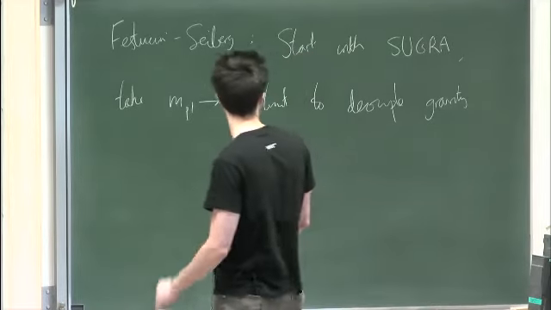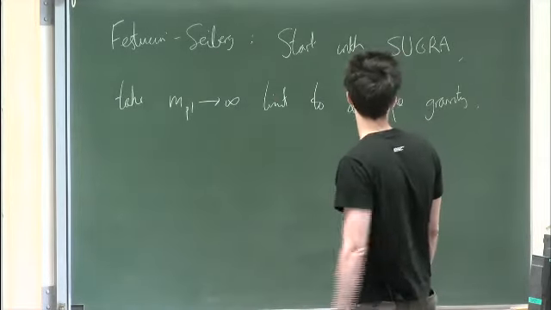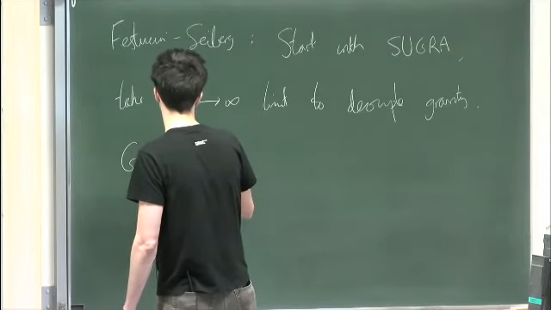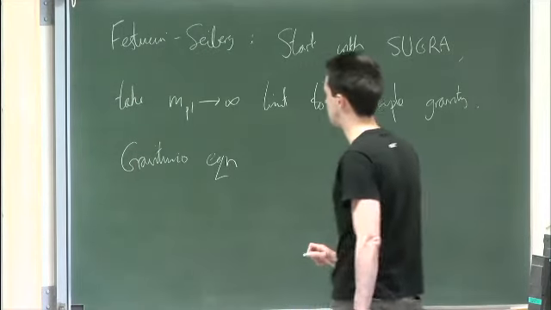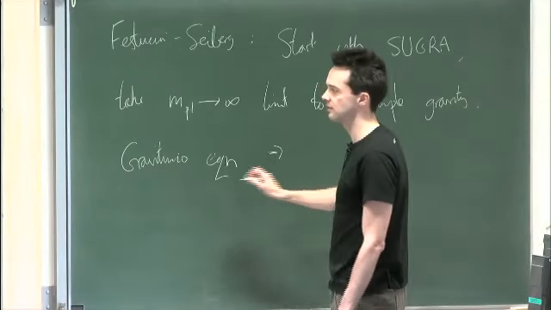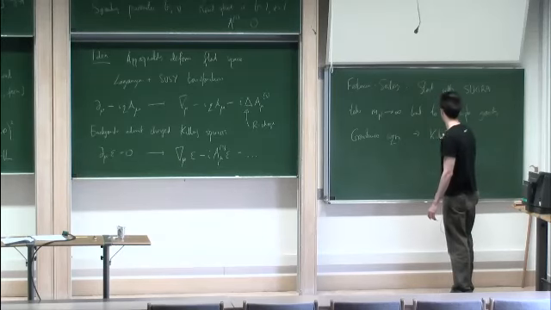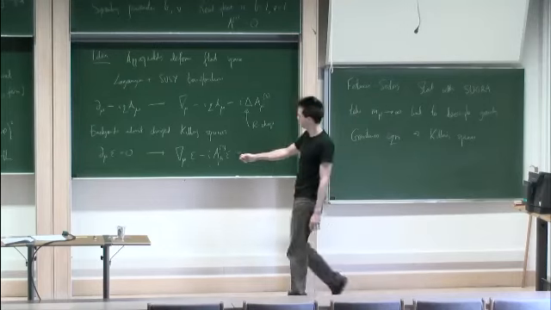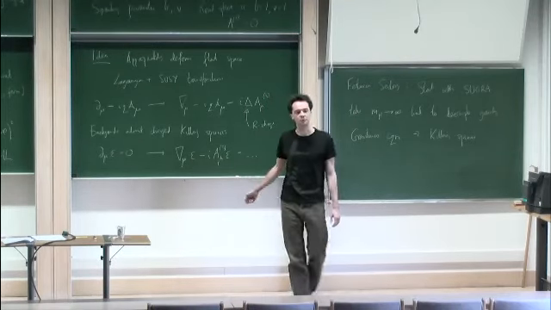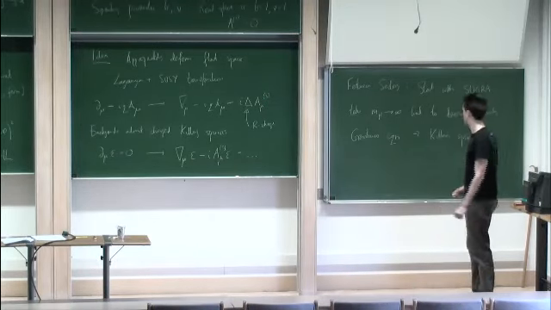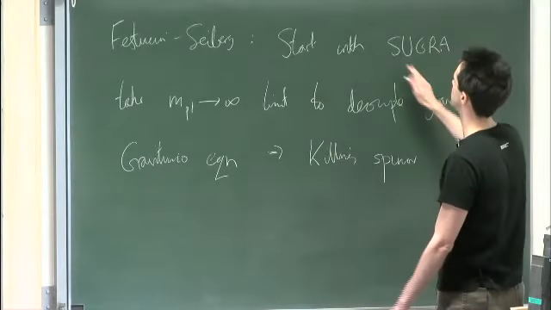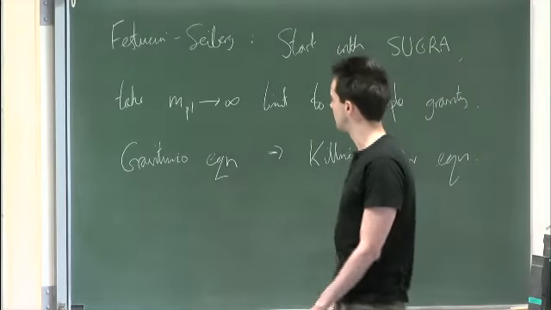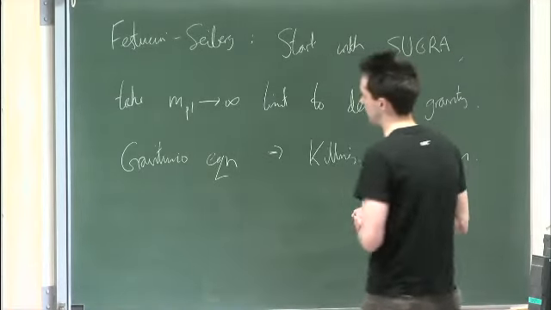That's the basic idea, which these are examples of. In particular, the gravitino equation in supergravity implies this killing spinor equation here. If you're at all familiar with supergravity, you'll know that this sort of killing spinor equation typically comes from setting the gravitini variations to 0. And that's the idea of this construction by Festuccia and Seiberg. So the remnant of the gravitini equation gives you this killing spinor equation.